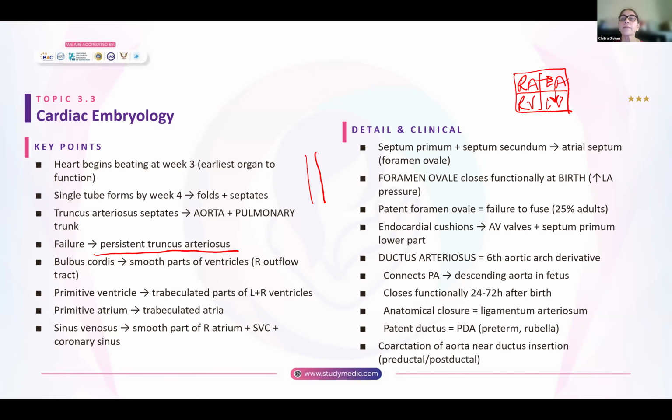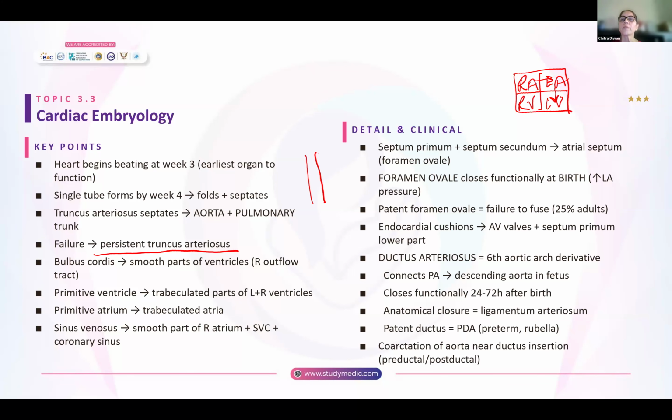Now, normally in an adult, blood doesn't flow from right atrium to left atrium. So there has to be some connection in the fetus for blood to go from the right atrium to the left atrium, right? That is called as the foramen ovale. Now, how does this foramen ovale